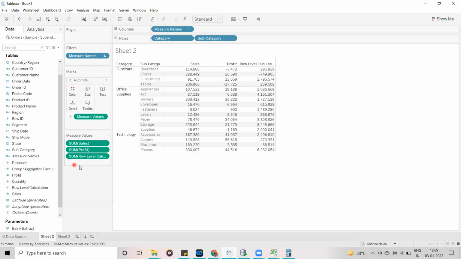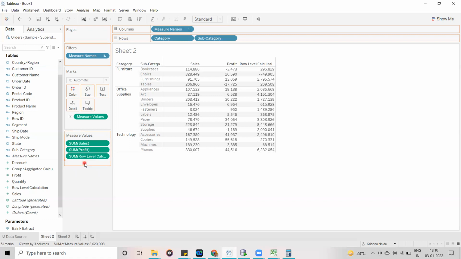Now you can see, guys, it is a sum, meaning whatever calculation we have written is a row level calculation that is going to be applied on the data source data, and whenever we use it at the Tableau level, it is going to be aggregated. The aggregation is sum. Now whatever calculation we have written, I am going to drag into here.